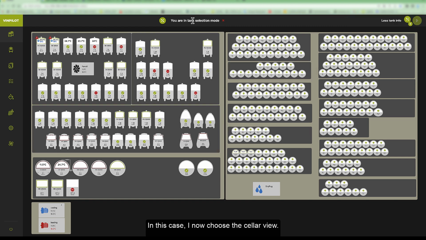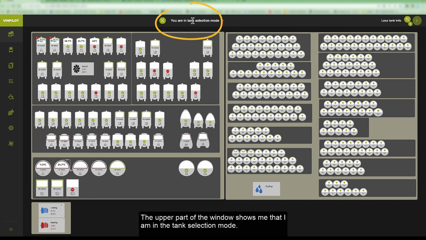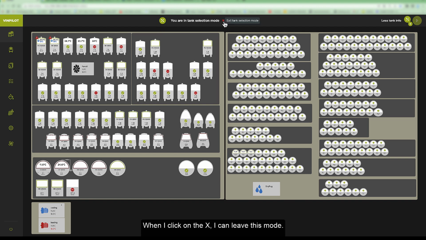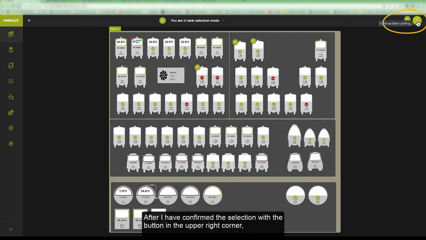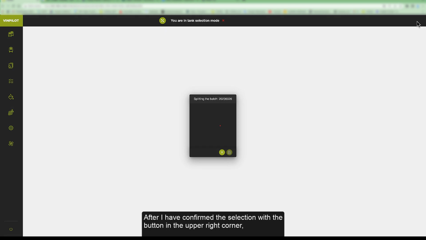The upper part of the window shows me that I am in the tank selection mode. When I click on the X, I can leave this mode. Now I can mark the tanks as target tanks by clicking on them. After I've confirmed the selection with the button in the upper right corner, a window opens in which the selected